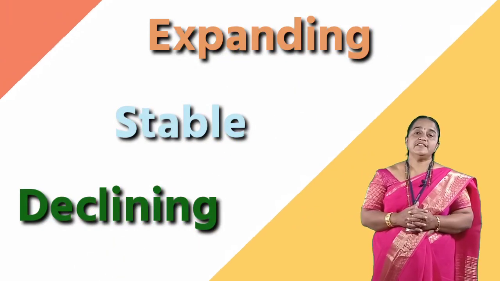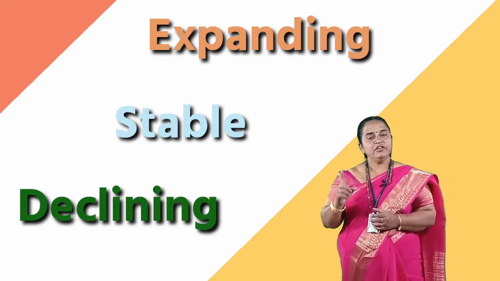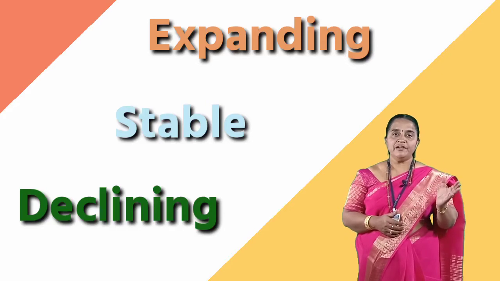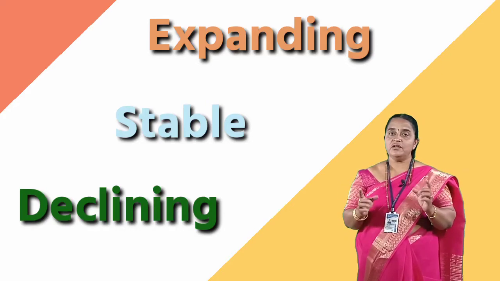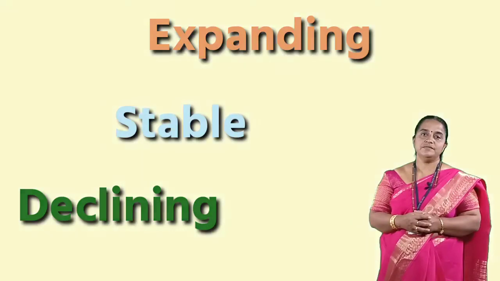Whether the population is expanding or declining, we need to find out the sex ratio. It refers to the number of males to the number of females. If this ratio is not in proper coordination, it will have an impact on population growth. Thus, in the next session, when we study population growth models, we need to remember all these attributes.